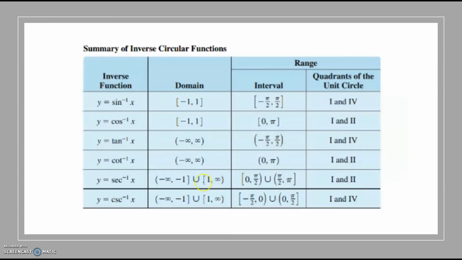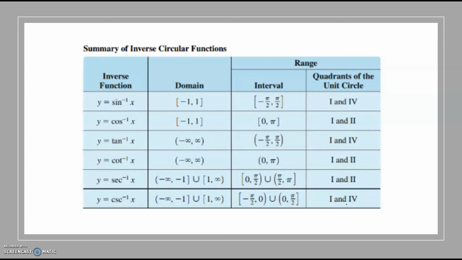And I also have a chart here that has all of the inverse functions with their domain and their range. The range is broken down into the interval, but also the quadrant. This is going to be important when you're solving equations that involve using the inverse. You have to know it, because if you put a value in a calculator, it only gives you one answer, but there are always going to be two different answers because of the two different quadrants it could be in. Okay, so let's look at some examples of how to use the inverse tangent,